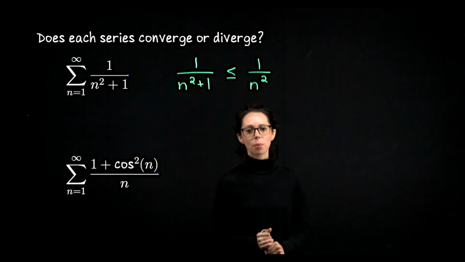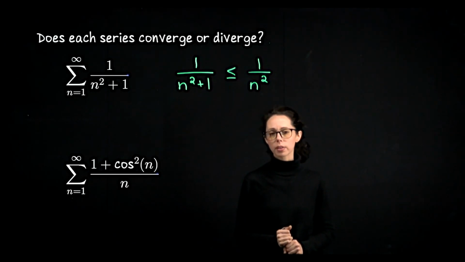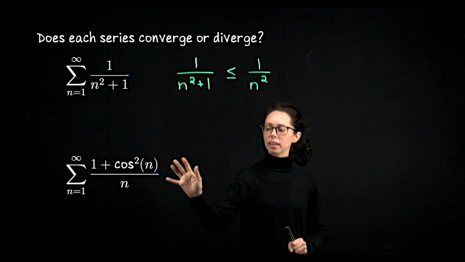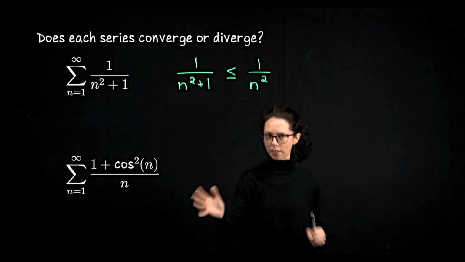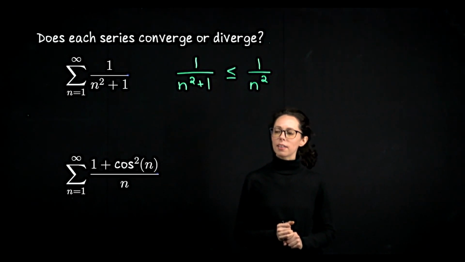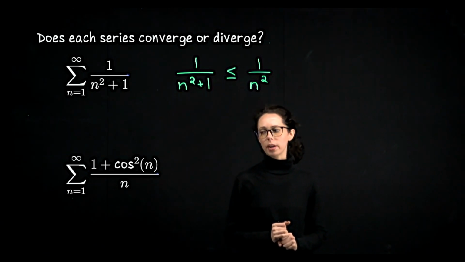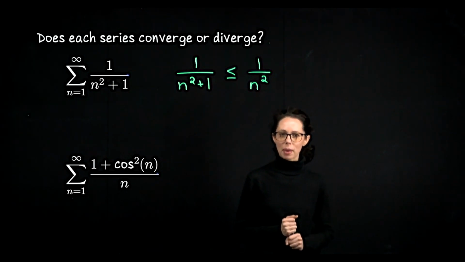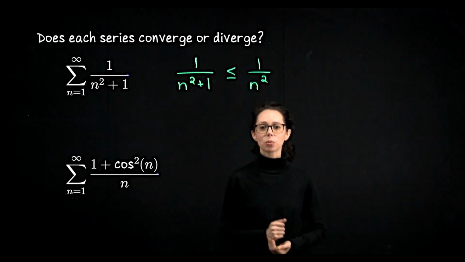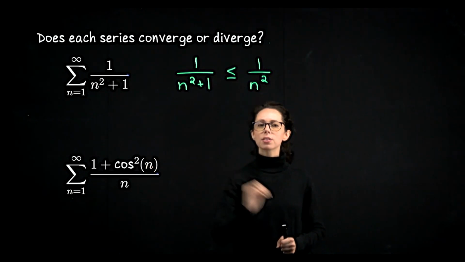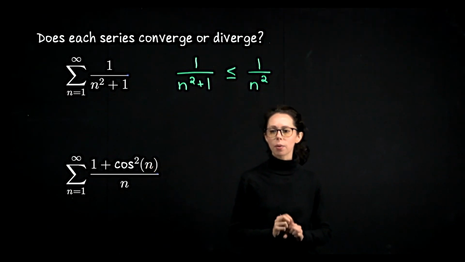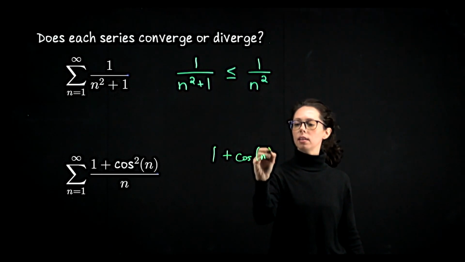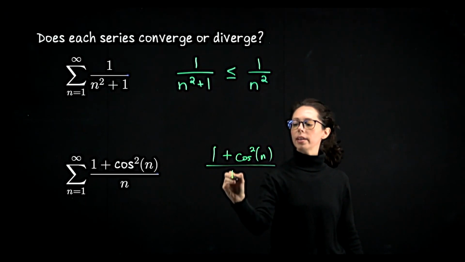For the second example, we have 1 plus the square of cosine of n, divided by n. Again, you want to look at that and think, does that remind me of something I already have studied? And if I just focus on the first term in the numerator and the denominator, it looks like a 1 over n. So then what kind of comparison could we make with this expression and the harmonic series 1 over n? Well, the thing is, cosine squared is always greater than or equal to 0. So if I take 1 plus cosine squared of n, divide that by n,